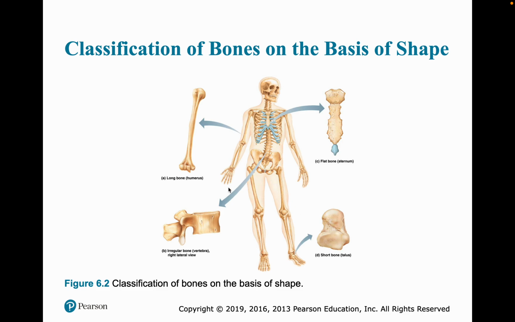So here we have a long bone, which is definitely longer than it is wide, compared to a short bone, which is difficult to show in a two-dimensional drawing, but it is basically cube-shaped. Here we have a flat bone in our sternum. It is less curved than some of the other flat bones we find in our head, and the vertebrae, which really doesn't fit